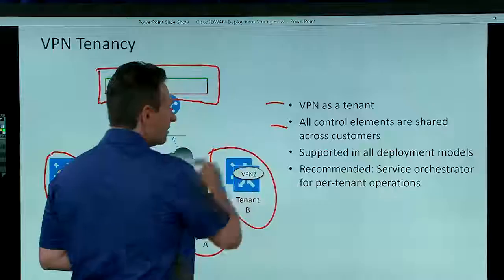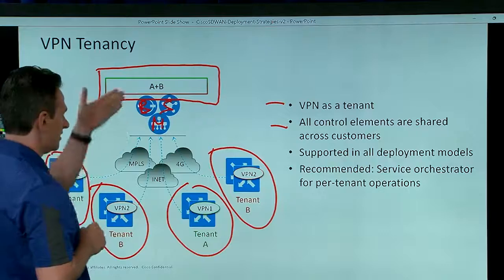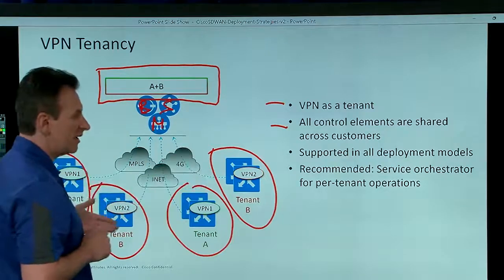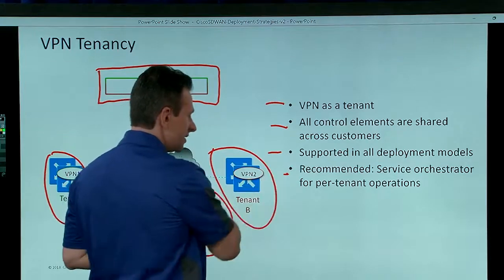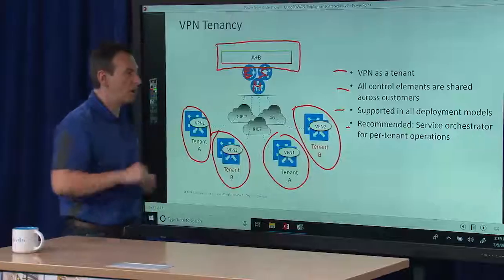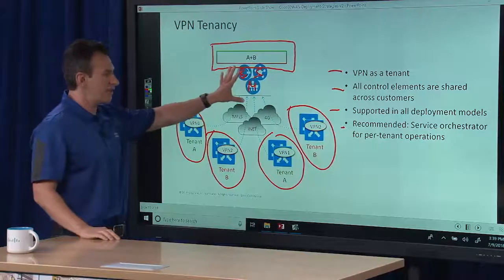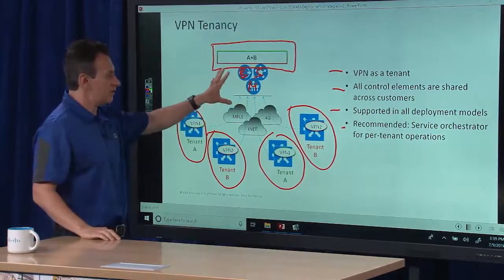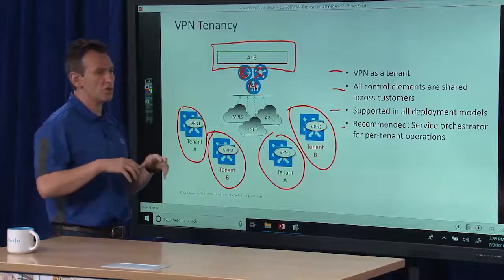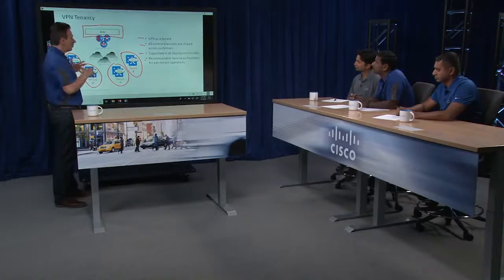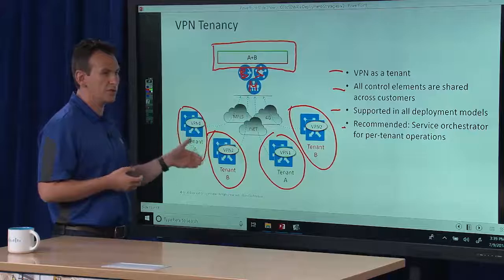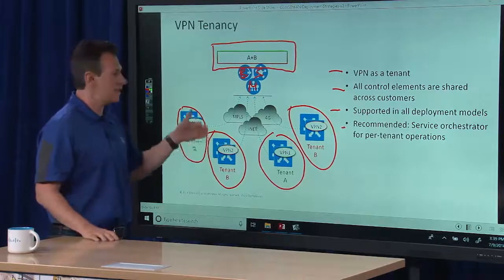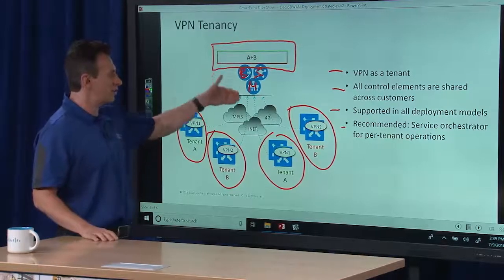Now, all control elements are shared across customers because they're all just VPNs within the same tenant. Again, it's supported in all deployment models, and this is the caveat that we need to be cognizant about: the way that we have this today, VPN is not treated as a tenant in a more traditional term, right? So when a service provider, a partner, or even an organization themselves want to deploy the model where they want to treat VPNs as a separate tenant, they have to be mindful that from the standpoint of the